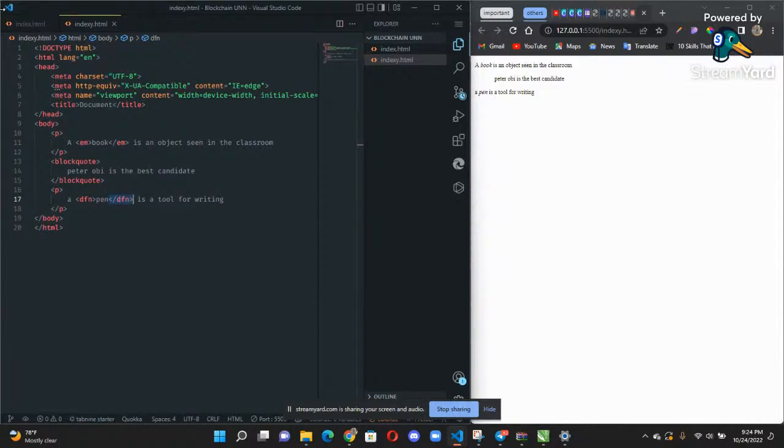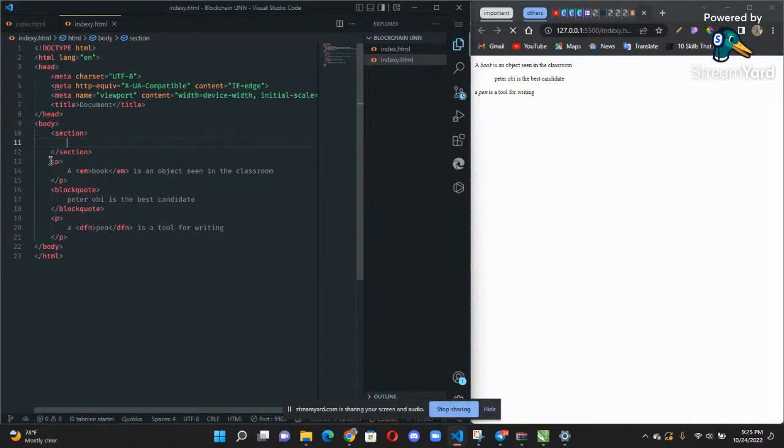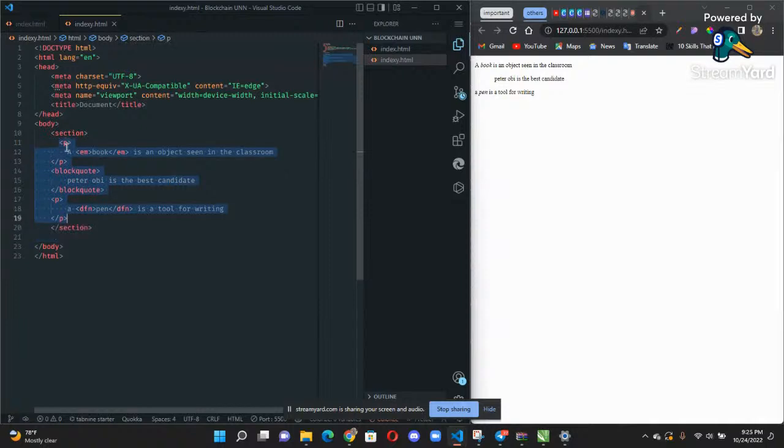We have a lot of other elements like the section element, which is used to depict the beginning of a new section. And while using a screen reader, it will notify the person that this is a new section. For example, now I can duplicate this. Let me open a section element here. I'll have to copy everything here inside the section now. And as I have this section now, let me duplicate them.